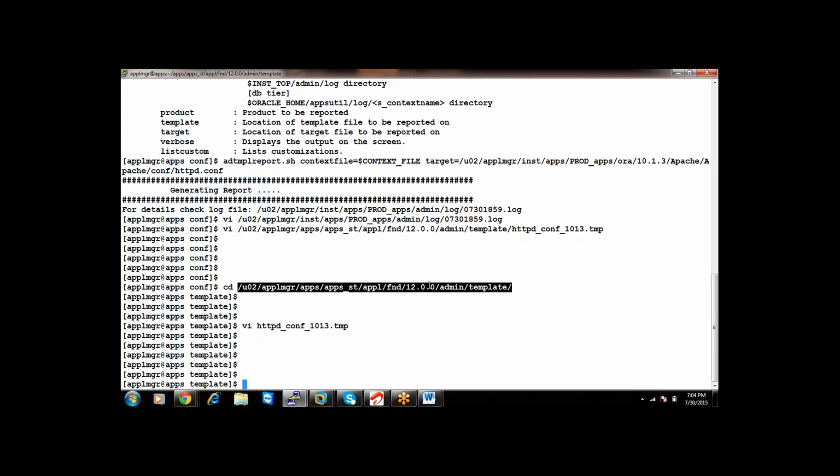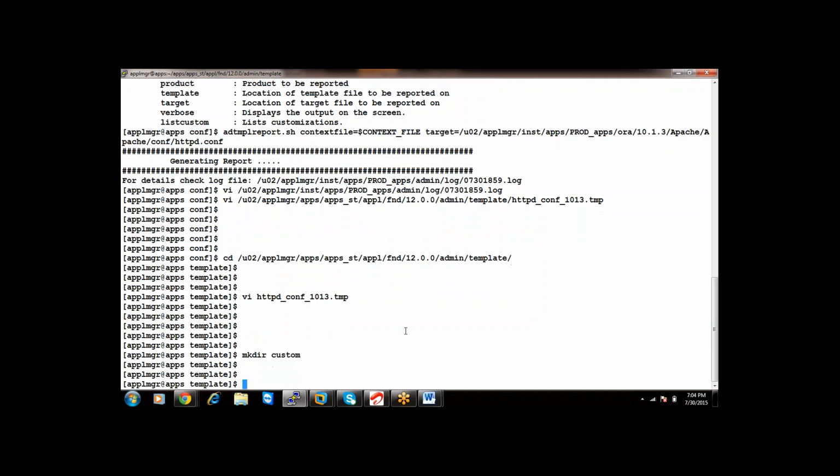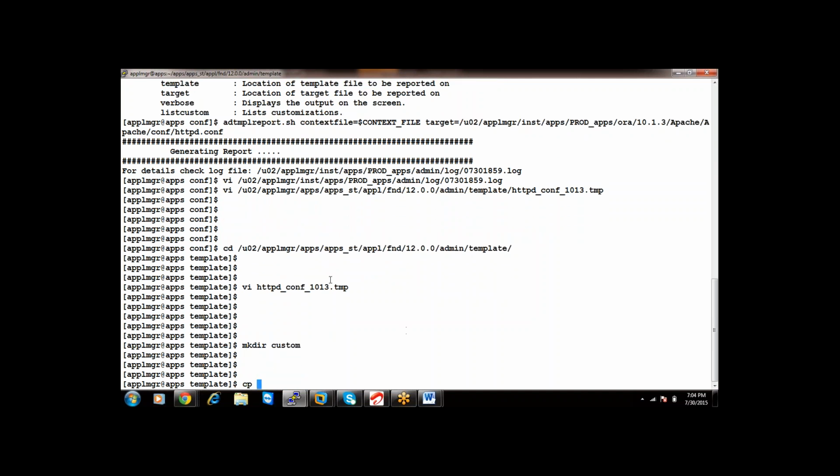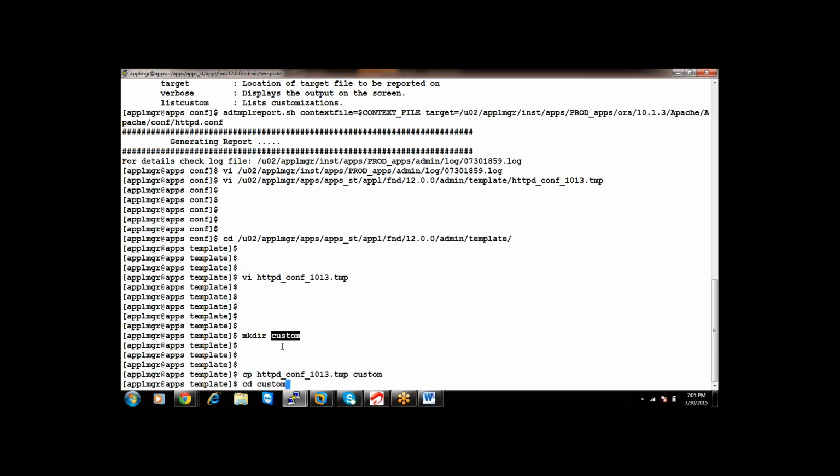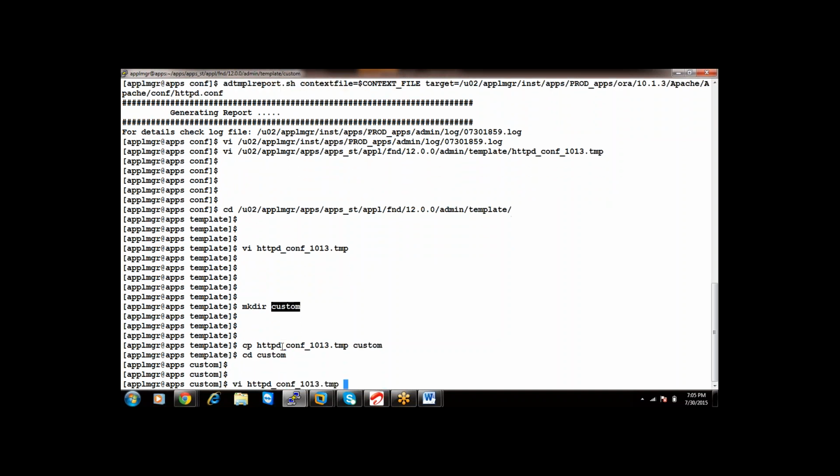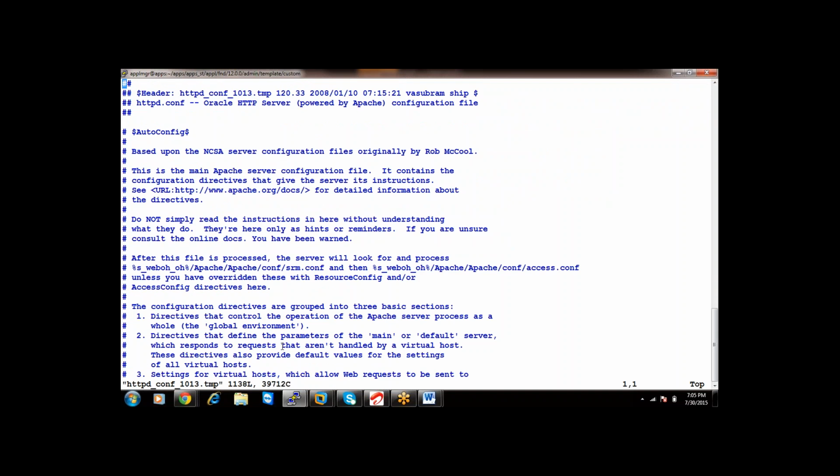At your template location, create a directory called custom, using mkdir. Copy the template file which you want to modify to the directory called custom. Go to custom and vi the template file.